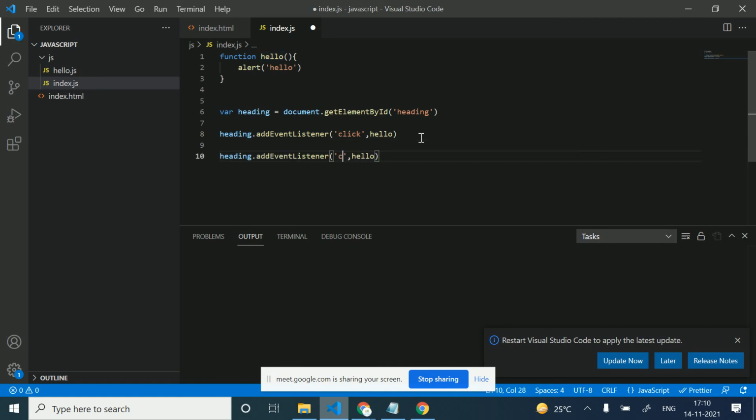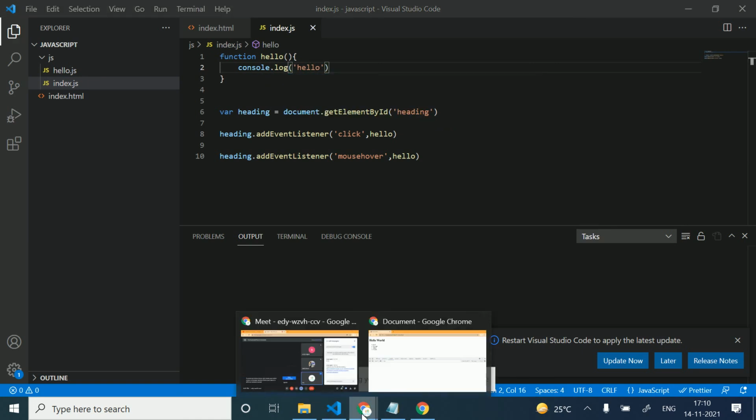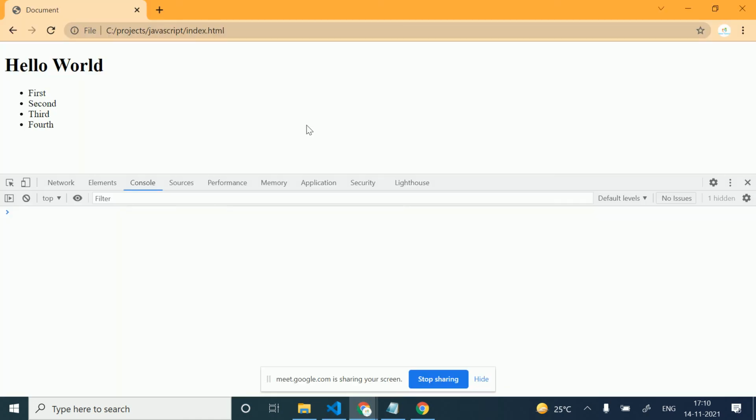I will add mouseover. Okay, mouseover. So I'm just changing this into the console.log. Let's go into this. I'm just going to refresh.